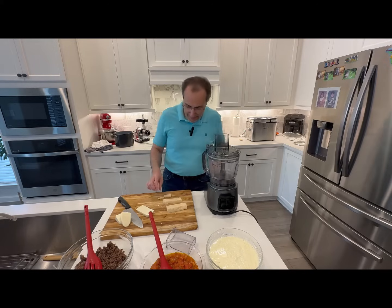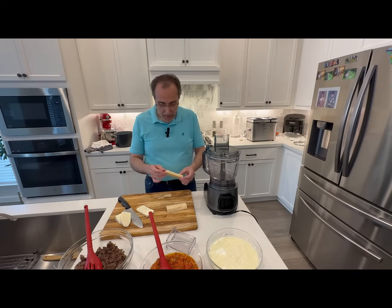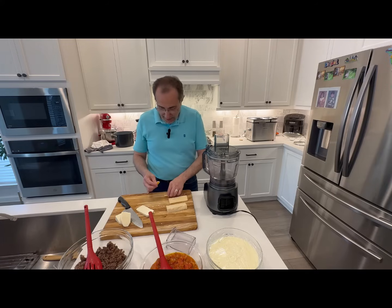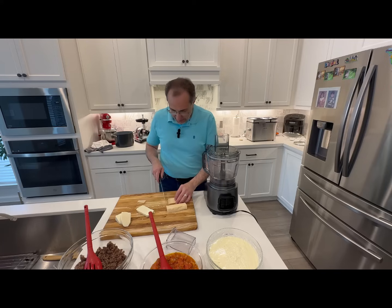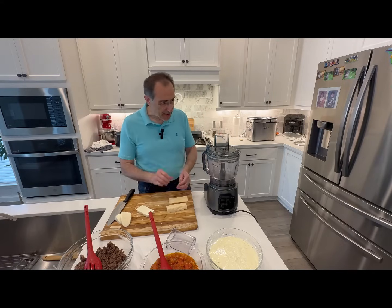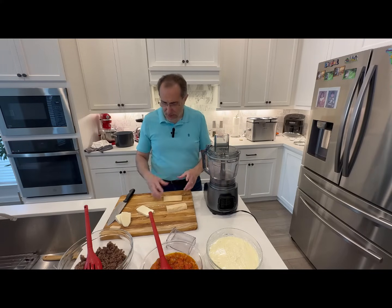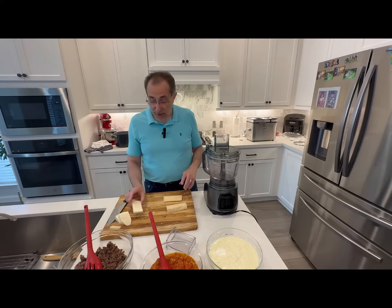So I have a couple items here to shred, and I'm going to keep it on in case I need more. I also want to remind you, when you're buying the fresh Parmesan, you want to remove the end wax. Like this one, for example, it was here, so I just cut it. Because these are hard, like wax here, and if you shred them in here, these things don't melt; they'll shred. So let's start shredding the Parmesan. I'll put them in a bowl, and then I'll shred the also